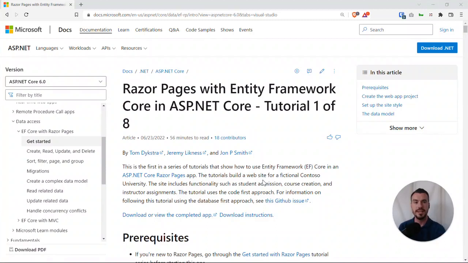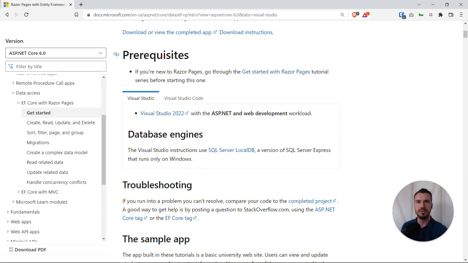So let's get stuck in to building our first web application with Razor Pages in ASP.NET Core. So we're using this tutorial on Microsoft.com. We should have our prerequisites set up already, so we should have Visual Studio, the latest version of that, installed already. Note that if you are using a different platform, so if you're using Mac or if you wanted to